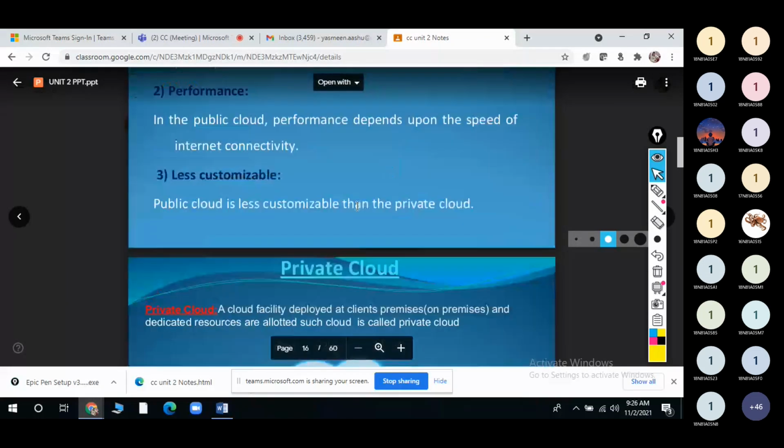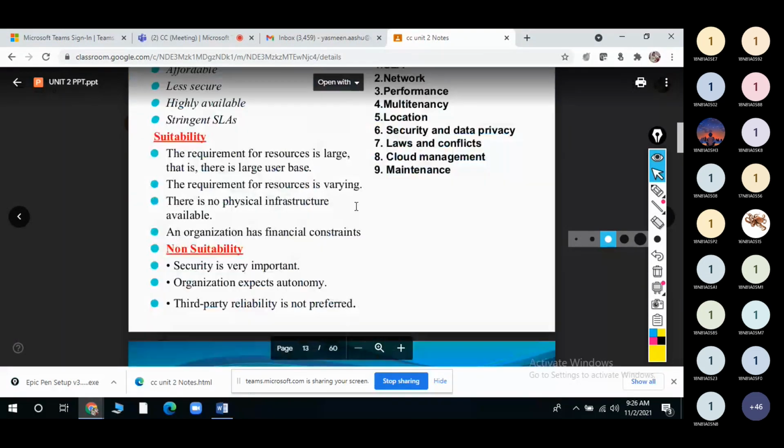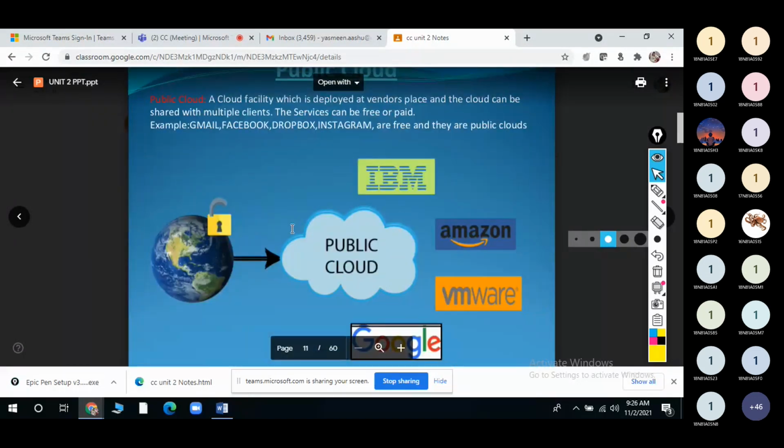So what are the examples for the public cloud? First of all, we can say that the public cloud will be utilized by whom? The general public. The general public will be using all the public cloud services, right?